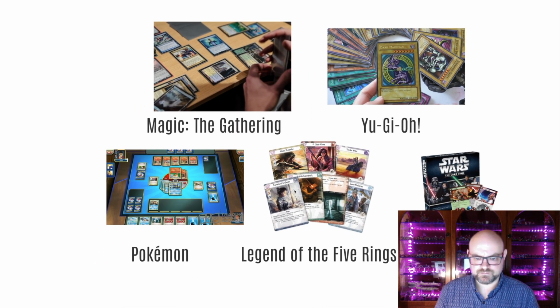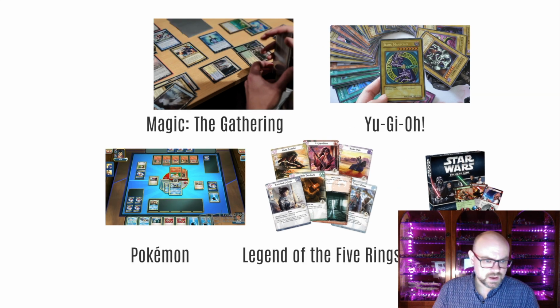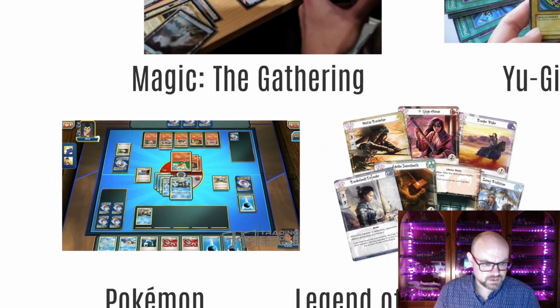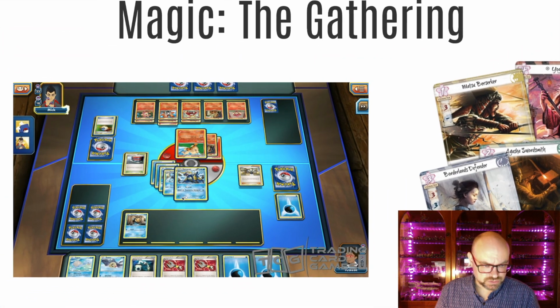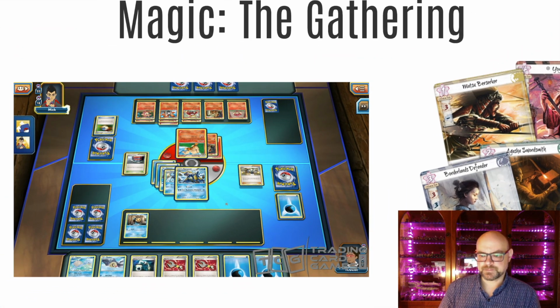Examples include, as I said, Magic the Gathering, Yu-Gi-Oh, Pokemon. What I wanted to show here at Pokemon is that this is actually the digital version of the trading card game. And so many of these games actually have digital versions where you can play with people online all around the world.